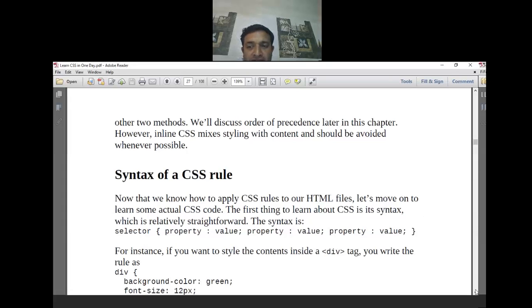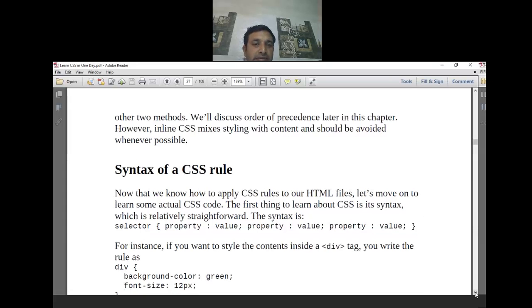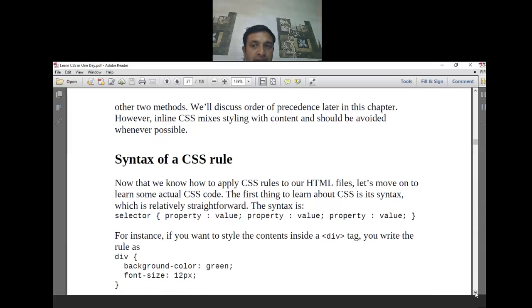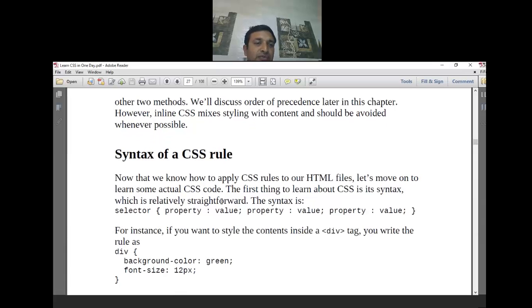Now again we will look at CSS rules. Let's say in CSS the syntax is relatively straightforward: selector, property value, property value, property value.